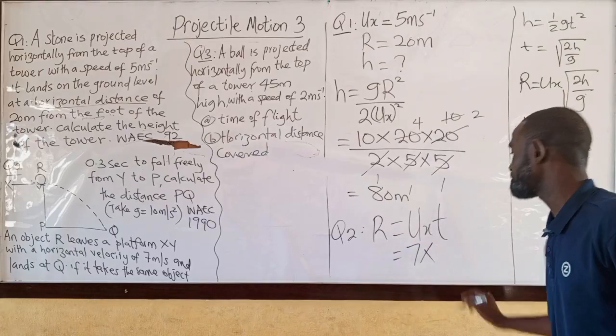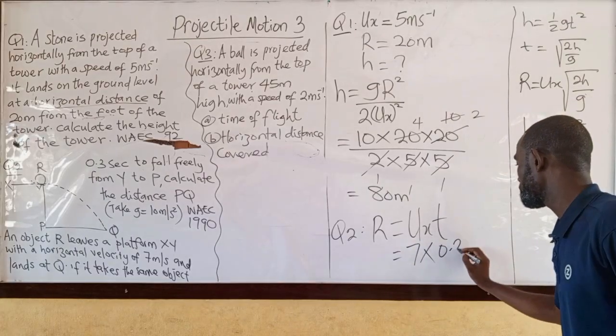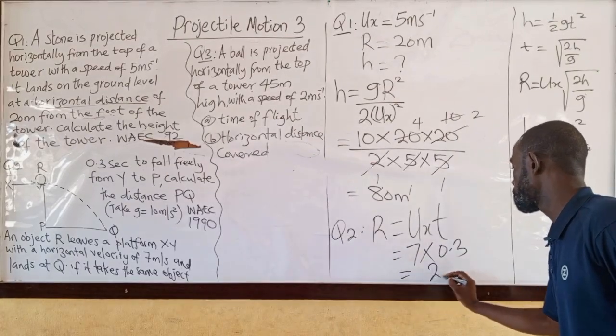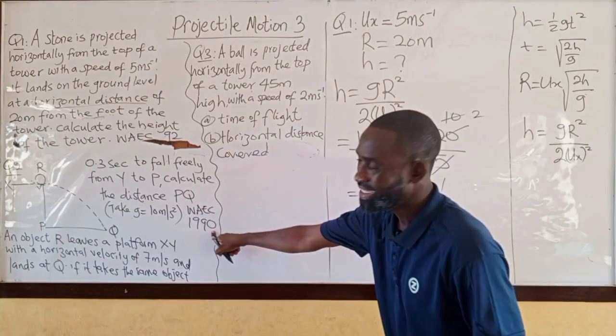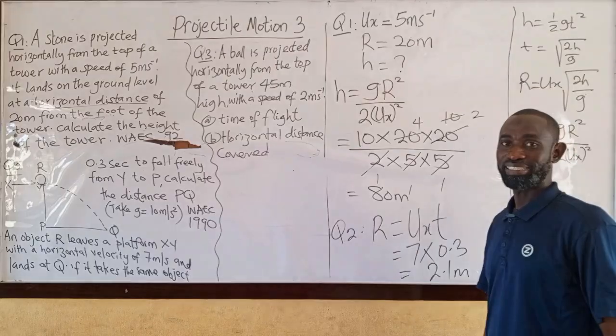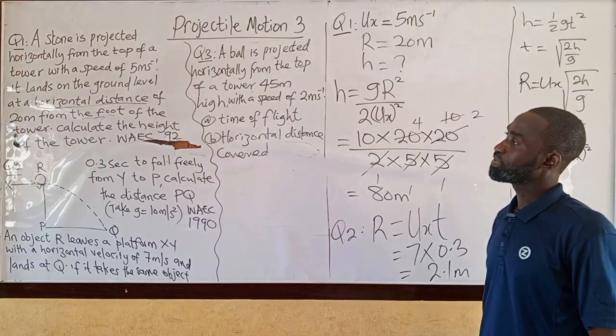7 times 0.1 3. This will give us about 2.1 meters. This question is by 1990. So we've done that. Then the third